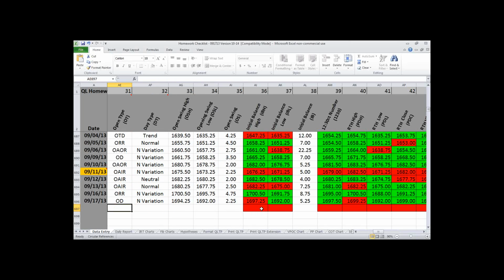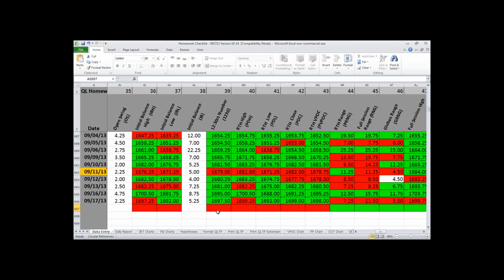Our initial balance high, 97.25, initial balance low, 92. That's the first hour of trading. We watch this for what we call an IB break and the type of days that we get. And of course it was a tighter initial balance at 5 1/4, and it was a very tight range altogether